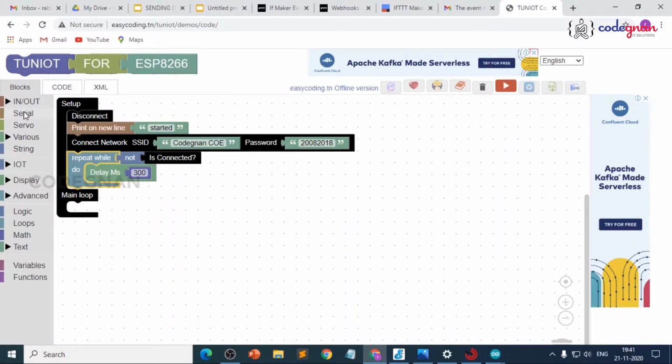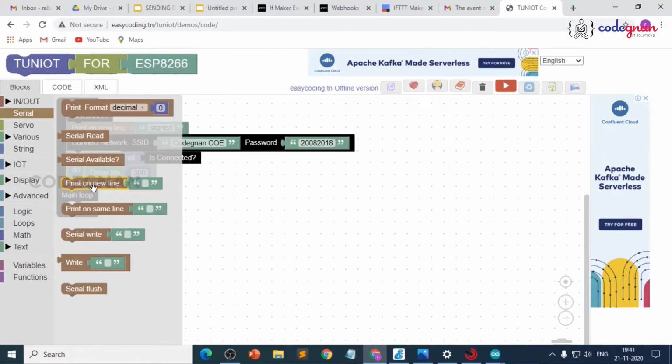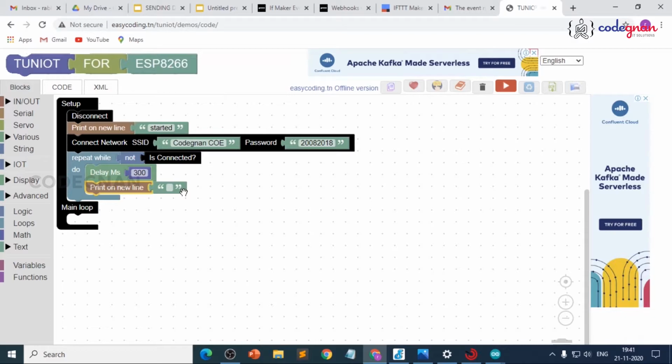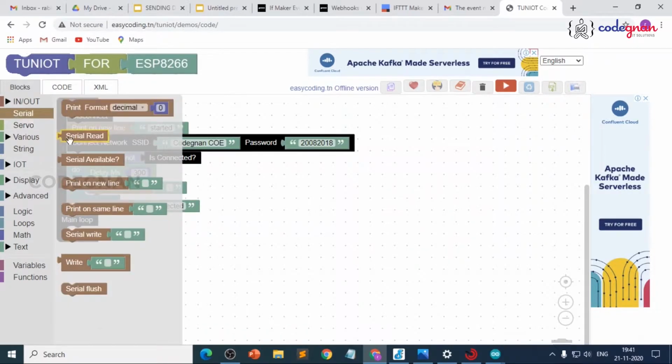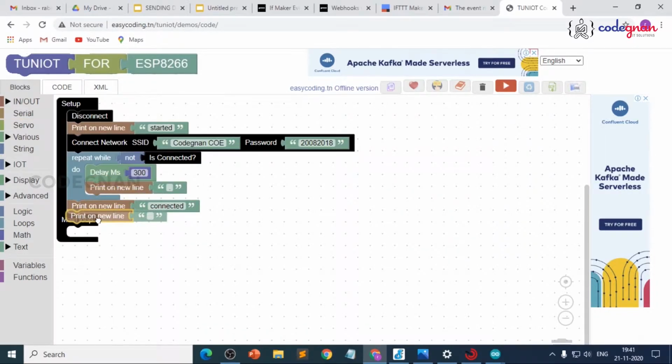For that we need to write a statement to print a new line as dot dot dot, so we can understand whether our NodeMCU is connecting to our Wi-Fi or not. After this we need to print a line saying our NodeMCU is connected, and then another line to print our IP address.